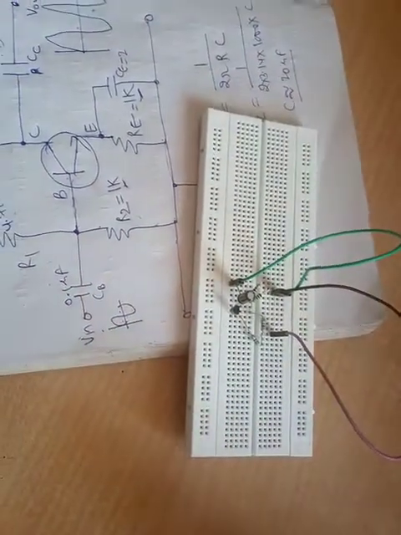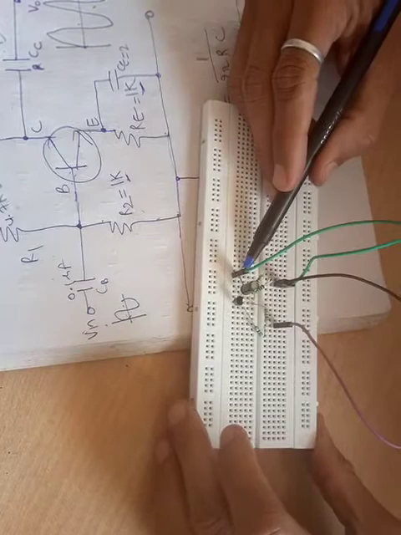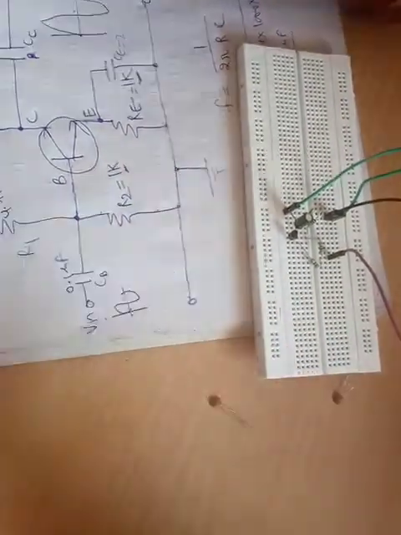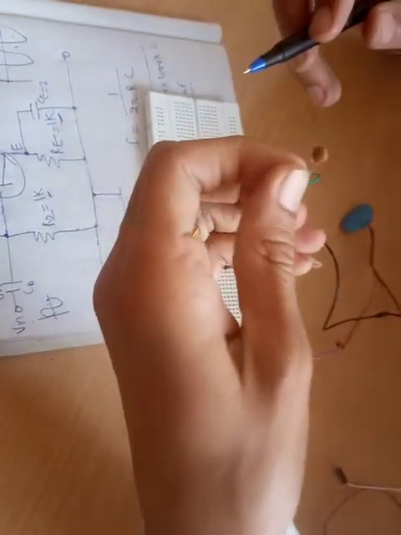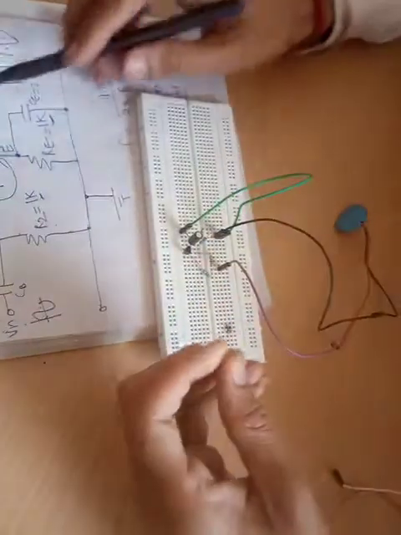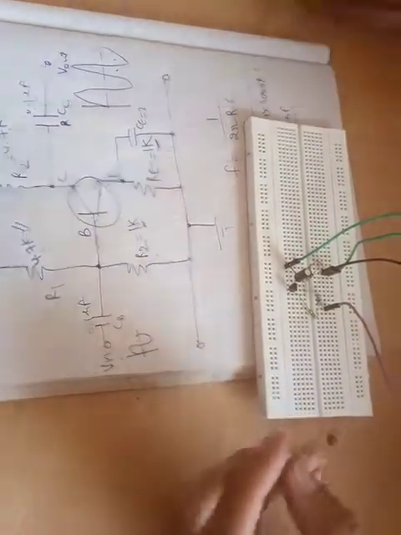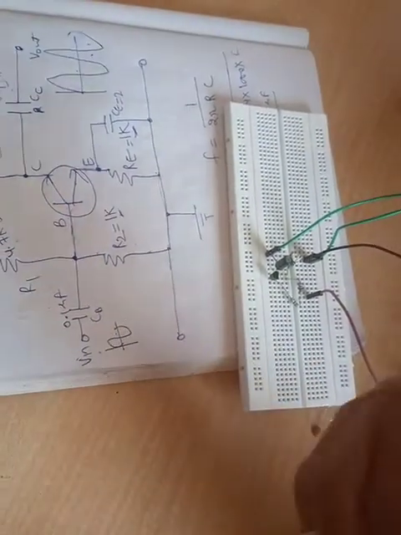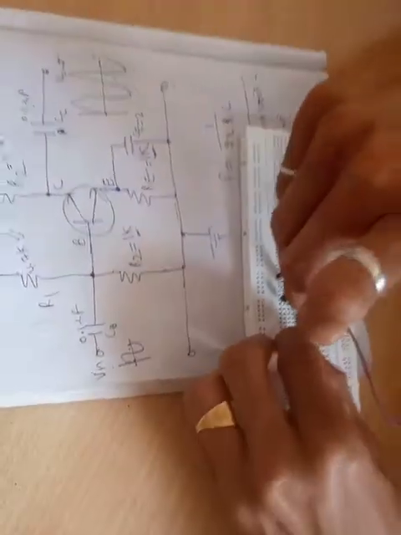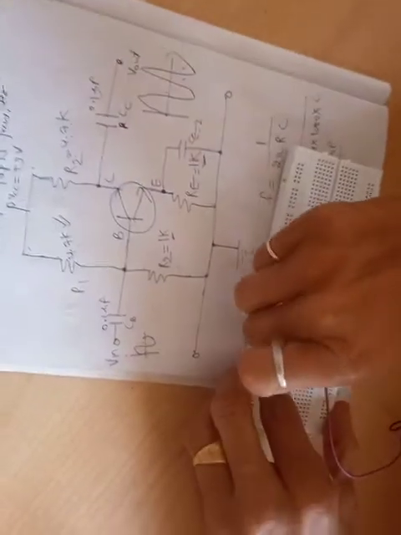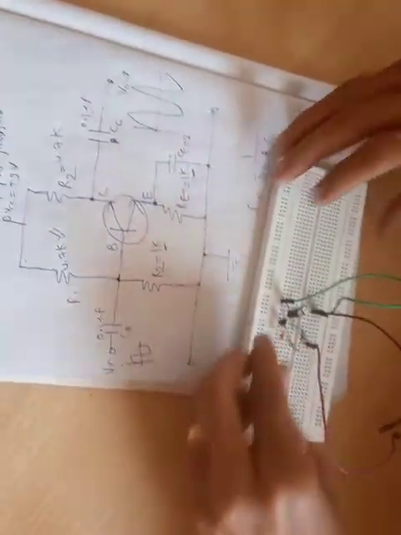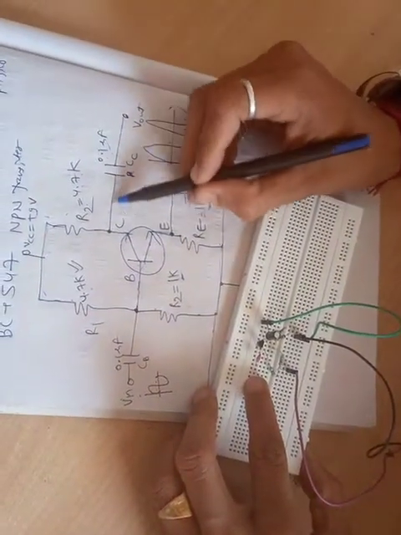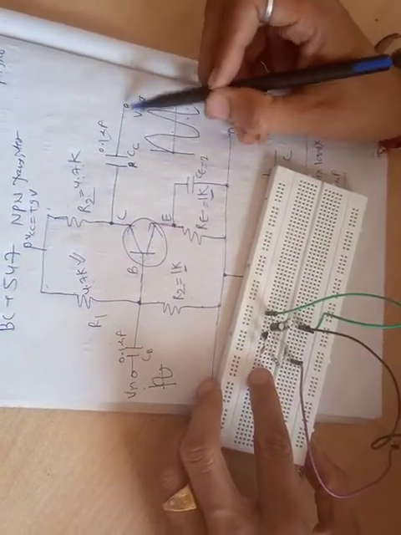Now see. So this line is also ground now. Okay. Now one 0.1 microfarad. This 0.1 microfarad capacitor is this one. So one is connected between collector and the output terminal. So collector is here. So I connected one point of this 0.1 microfarad here and another point here. Okay. Now, one point of this 0.1 microfarad is connected to collector. One point goes to the output.